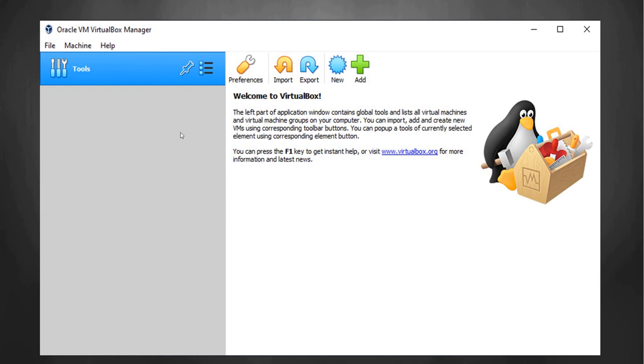Next, you'll need to open Oracle VM VirtualBox Manager. It's an icon on your desktop. You click on New,